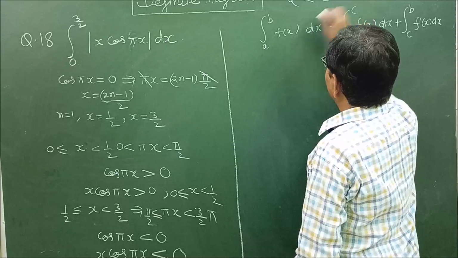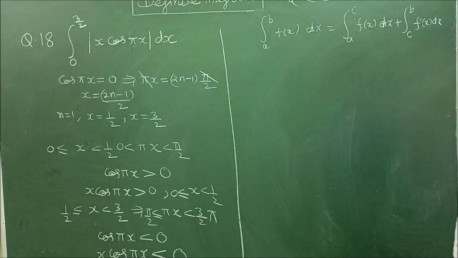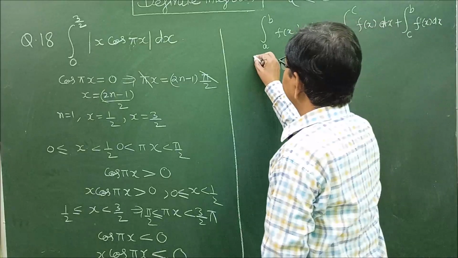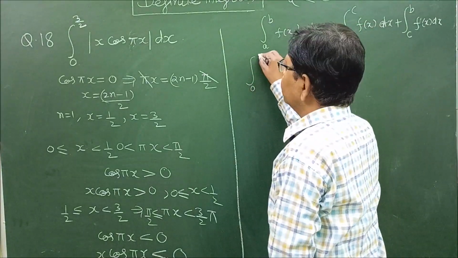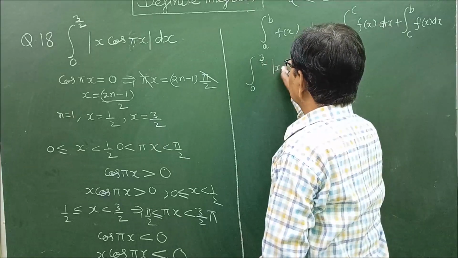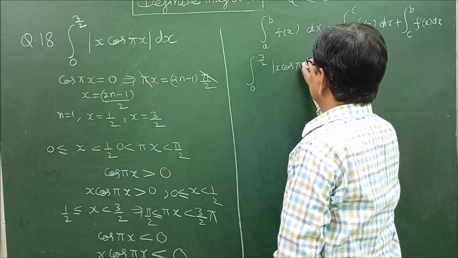So this definite integral can be split like this. Using this property, we can write this definite integral 0 to 3 by 2